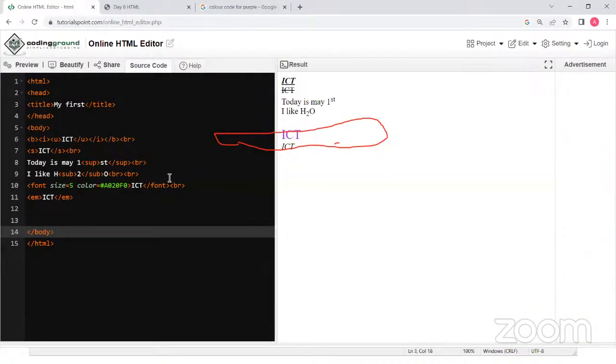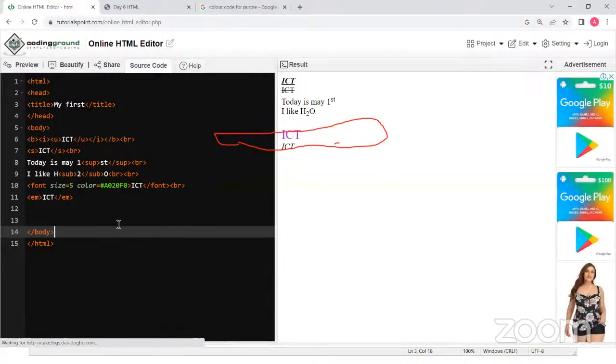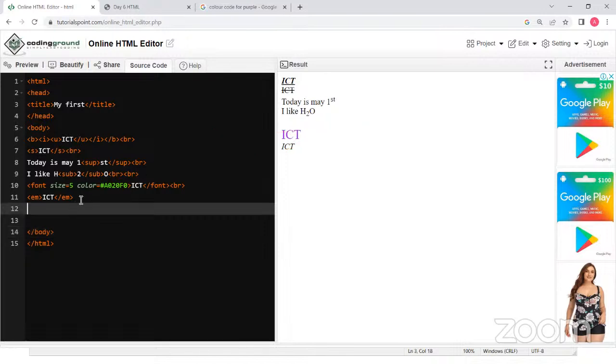Okay, we'll go back to the model. Then what else? If you take another tag, I took emphasize. Then marquee. So when you use the marquee tag,